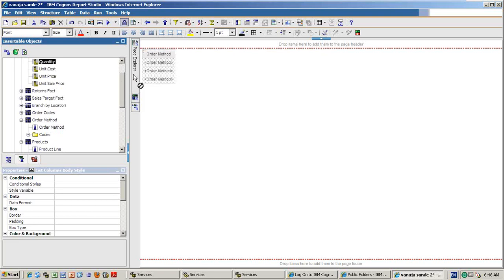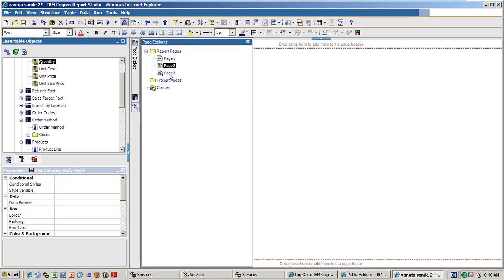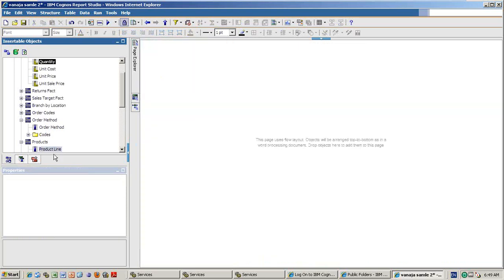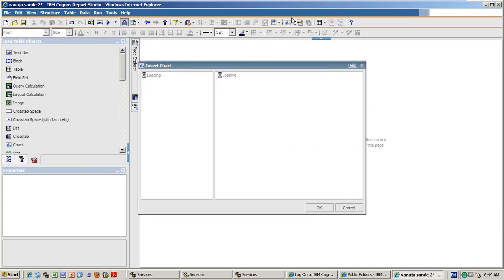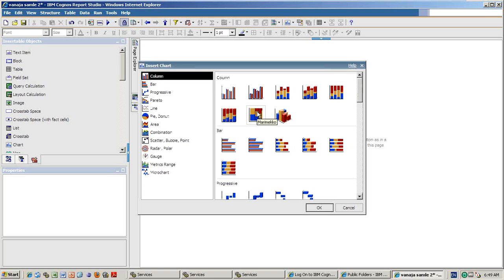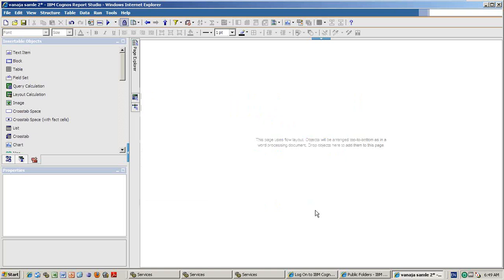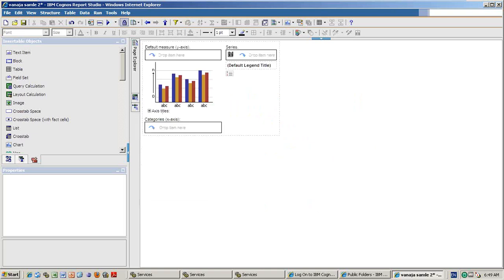So I drag one list here. And on the third page, I am dragging a chart. The same thing, you use the footer and headers. So what I did, on the first page I dragged the table of contents, it is empty till now. I will do it now, but as of now it is empty.